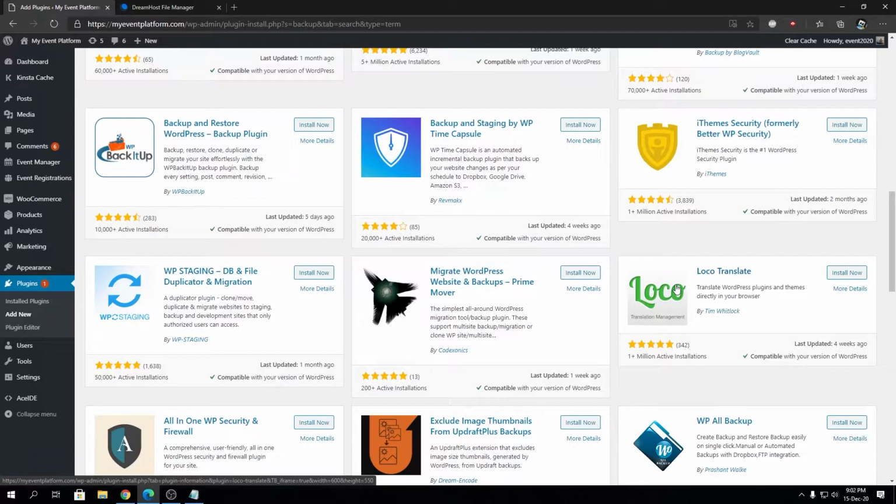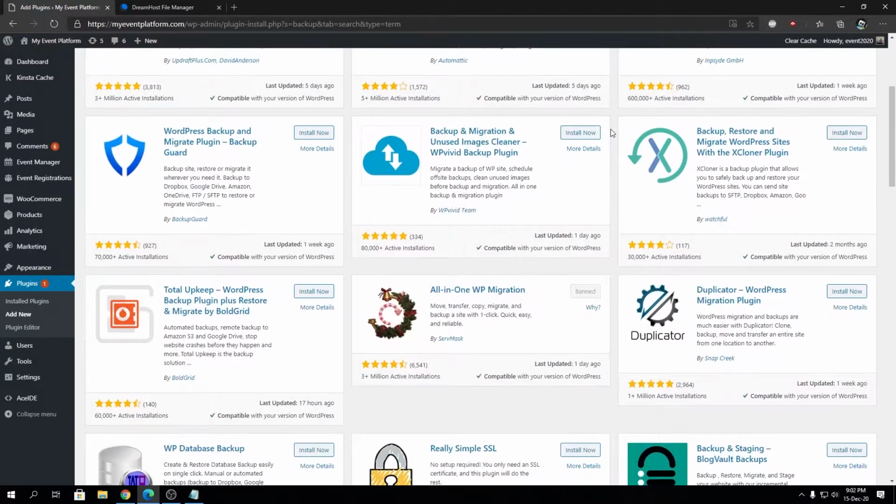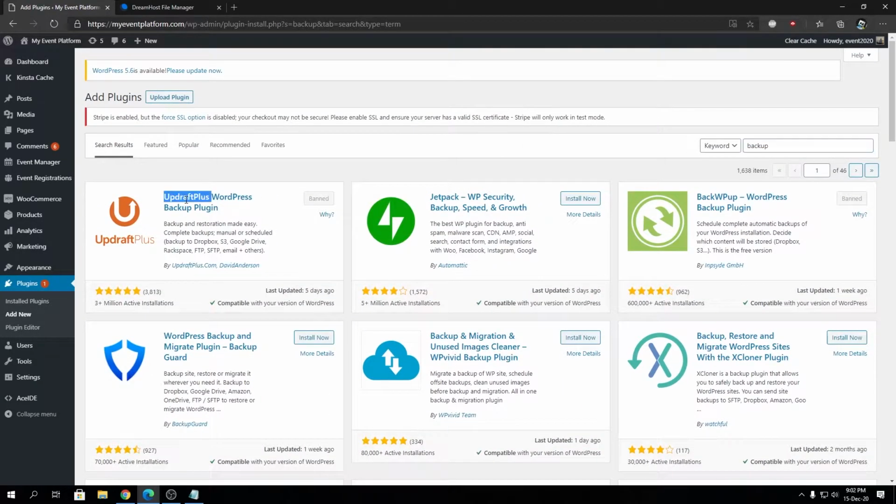Most of the plugins here will include your entire web directory for the backup and your database as well, so you suffer minimum loss in case of data loss. I see people using Updraft quite often. This is a semi-paid plugin. It has a free version, you can use it, it's good enough, but you can use the paid version as well, that comes with multiple automatic integrations.